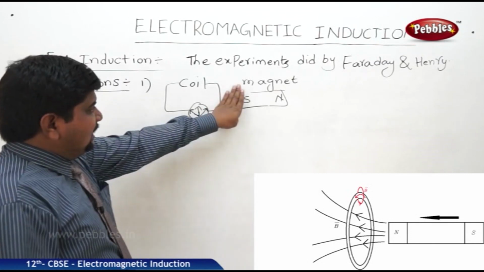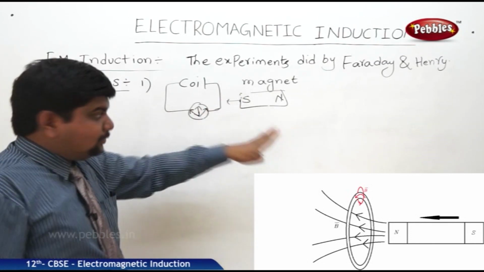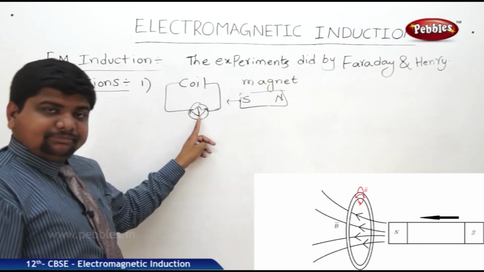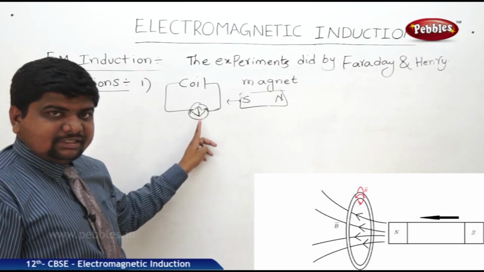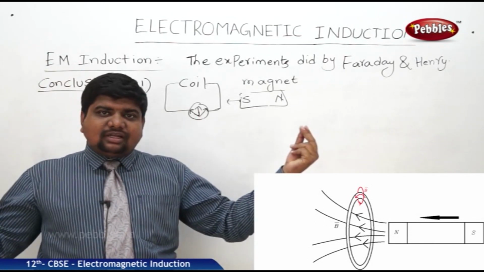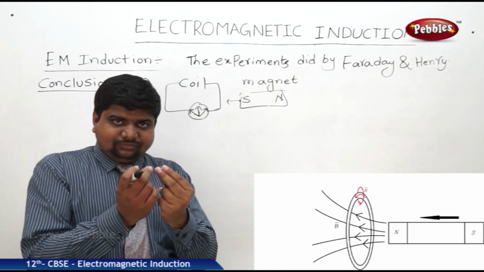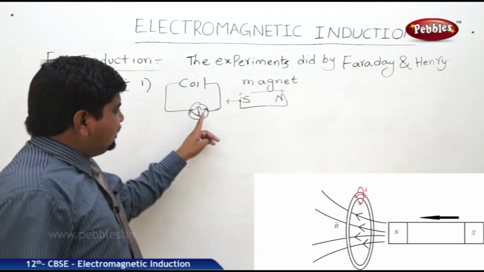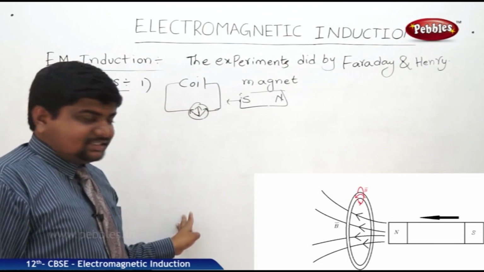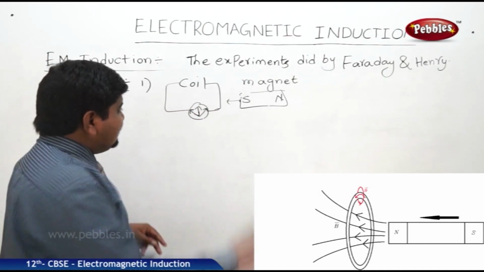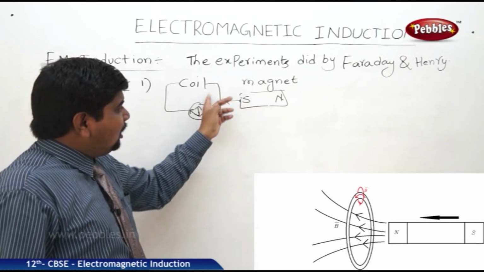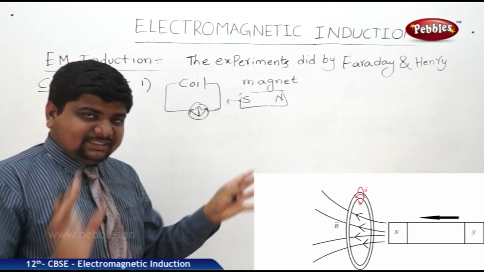Then place the magnet at a constant position and move the coil towards the magnet. You will see the same effect, no change. Then try to move both relative to each other, or rapid motion like this, fast and up. Then also you will see the same amount of deflection, no change in the effect, but the increase in the galvanometer needle will be faster when they are approaching towards each other.